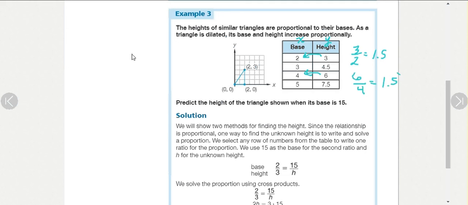So if the k is 1.5, that means all we need to do is take the base of 15, and base is the x, so we multiply it by the k, the constant. And that would be height. 15 times 1.5